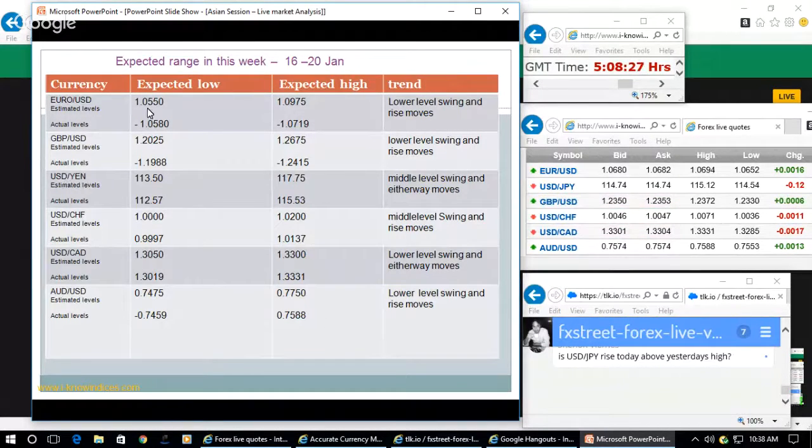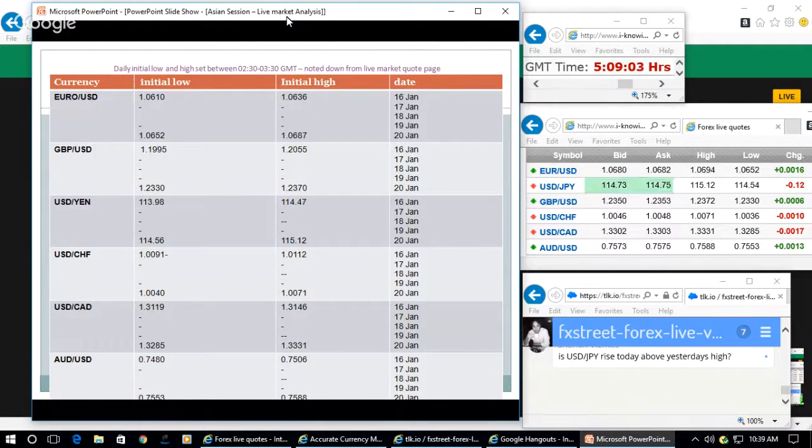So in all, you find that in line with the expectations of the levels, the market has made the moves. And also I gave you the trend that they will initially make the dip on Monday and then start gaining the levels on Tuesday and Wednesday, and then make the slide on Thursday and then start gaining the level on Friday. So this is how they are expected to make the moves in the case of Euro and GBP. And in the case of USDN and USD CHF, they are expected to make the contrarian move at times, and also the USD gaining or weakening move in line with that of